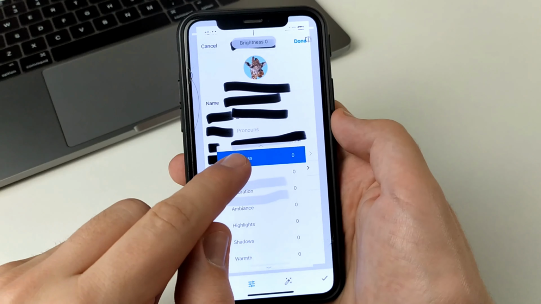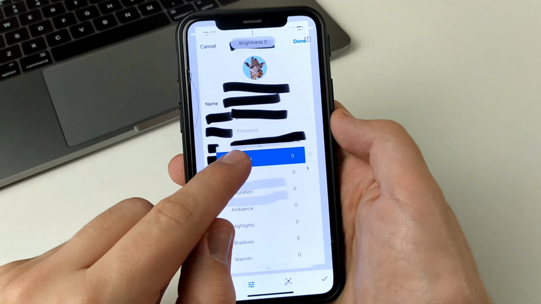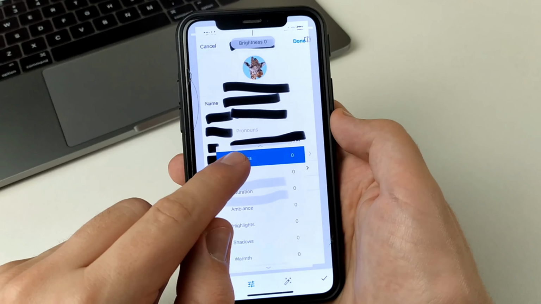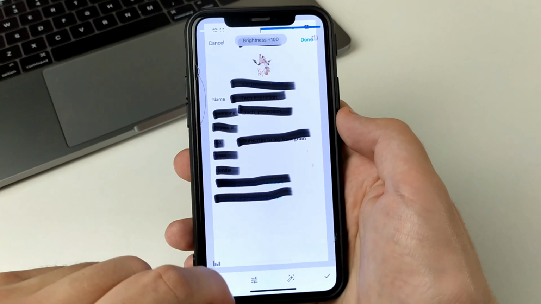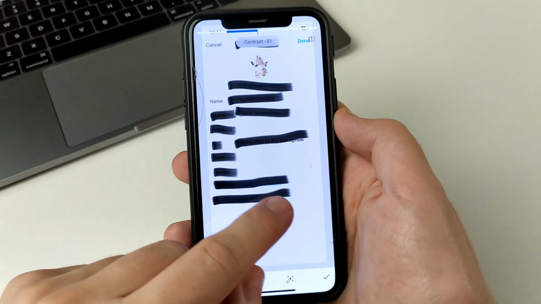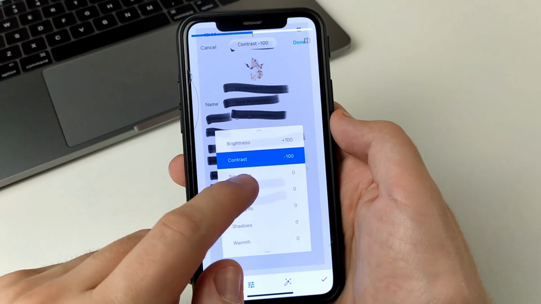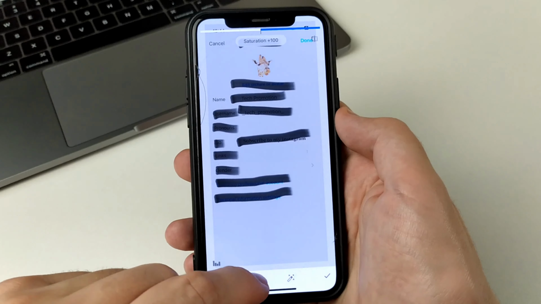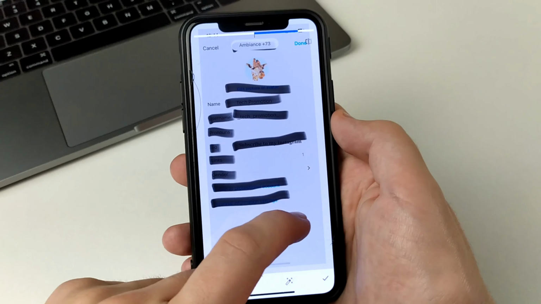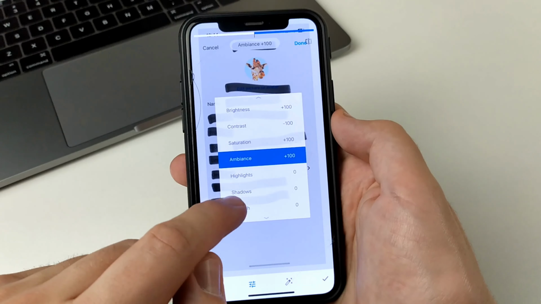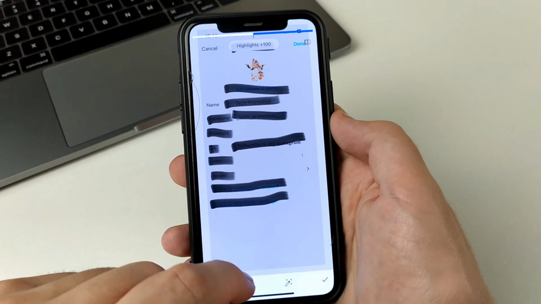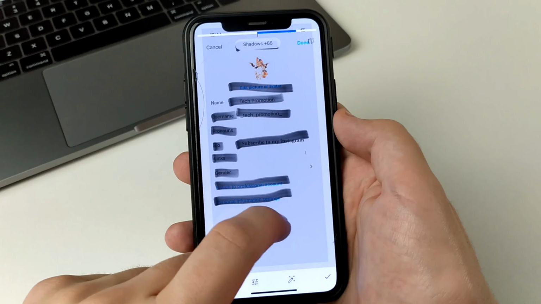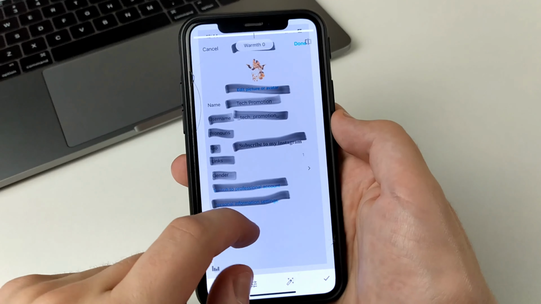Click on Add Photo. Select a photo. Here you click Tools. Select Tools. Click Tools again. And here you need to increase brightness, add contrast, and so on. You put the first setting plus 100%, contrast minus 100%, and all the other settings, you try some plus, some minus. It depends on what color you have hidden.